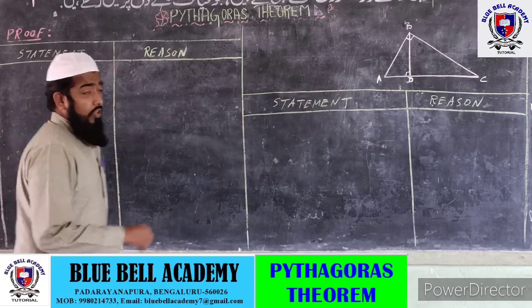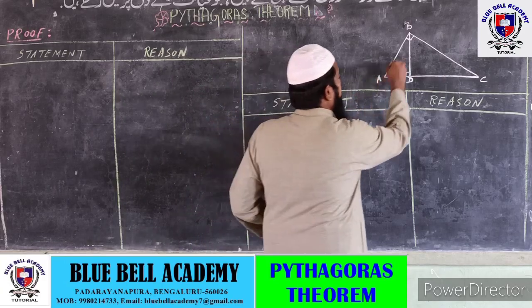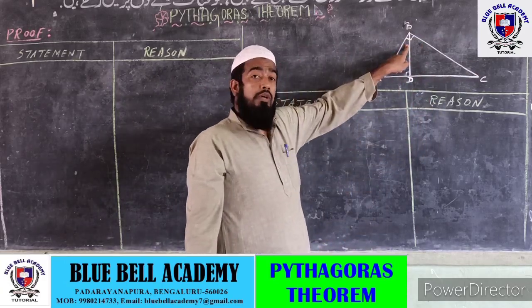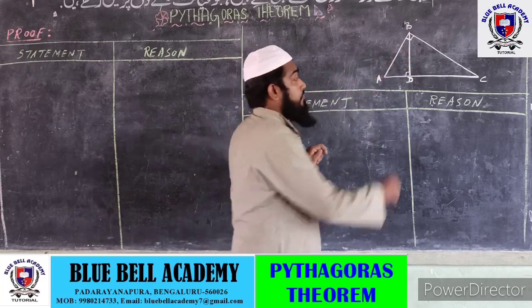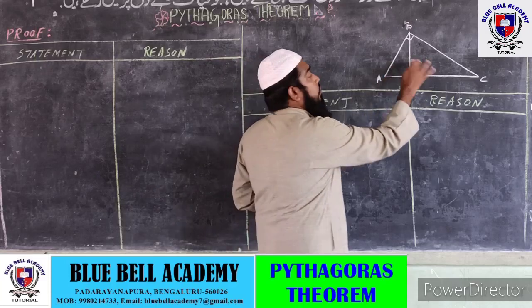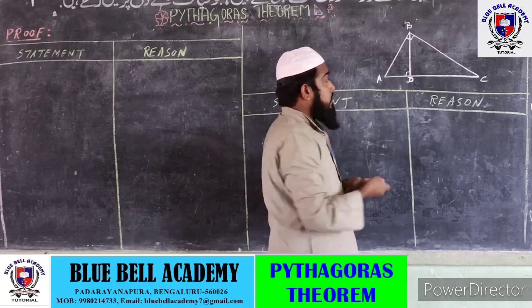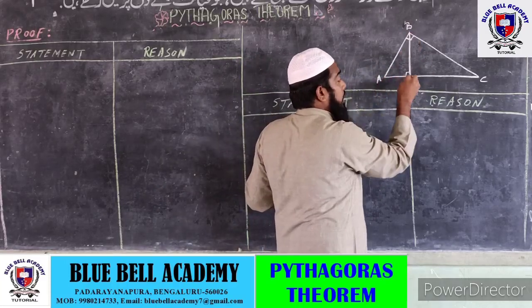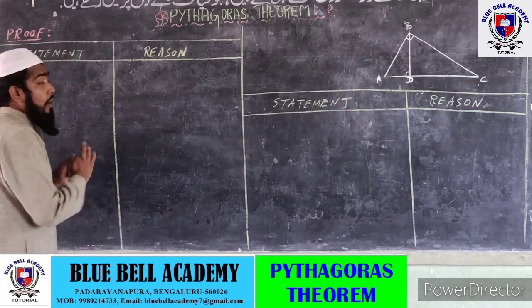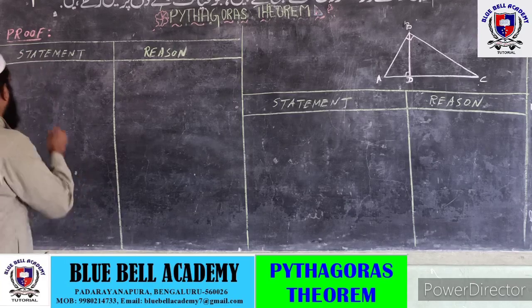Now, if you observe here, we have a triangle ABC which was given. In that triangle, angle B was 90 degrees, and after drawing this perpendicular line, we have divided it into two right angle triangles. One is triangle ADB and another one is BDC. Okay, so we are going to compare the triangles in this way. We can say first,